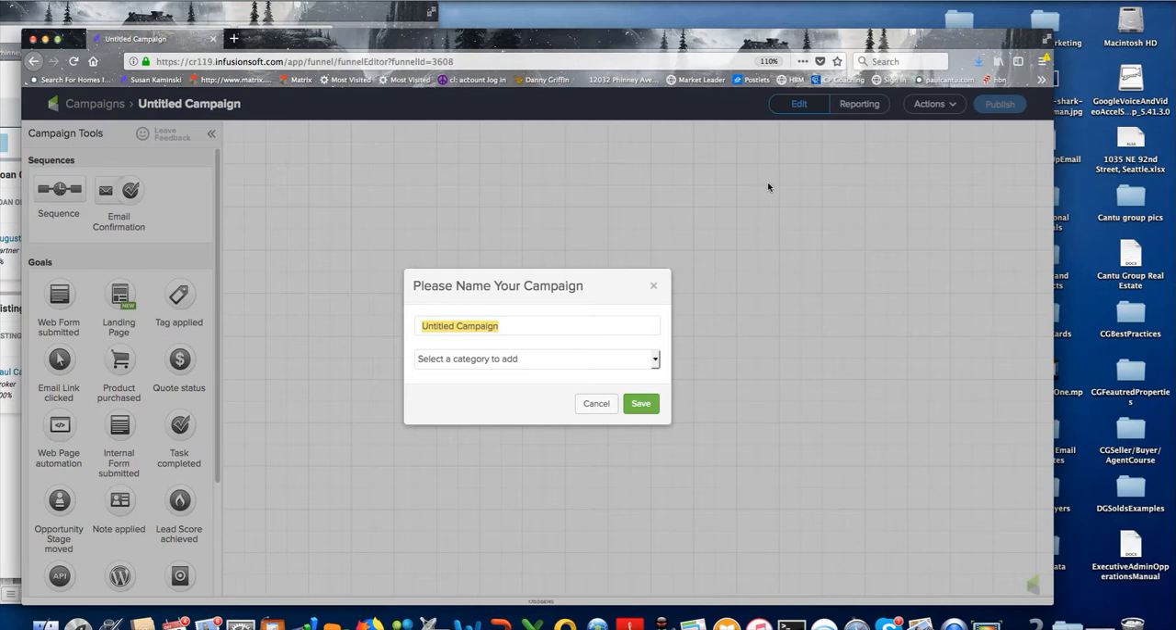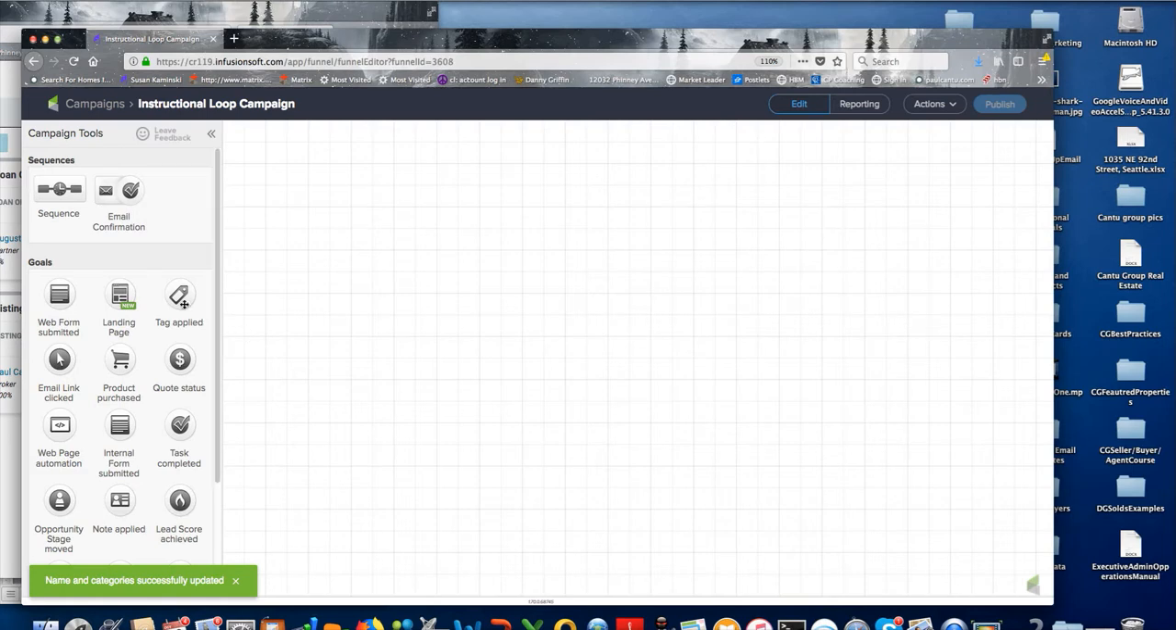So I'm just going to go Instructional Loop Campaign. You hit save. Okay, so the first thing you're going to do is there's a bank over here on the